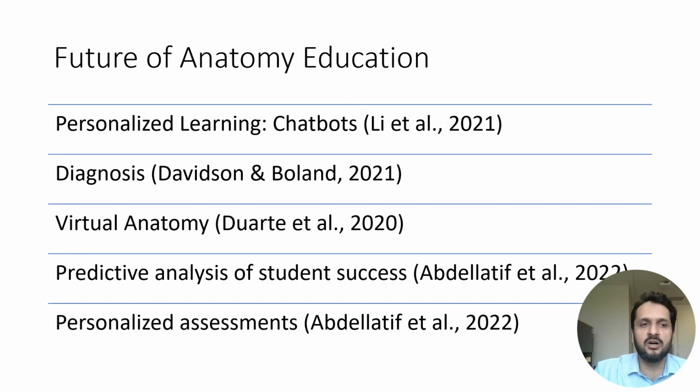Another example of diagnosis is that there are people working on different data sources, collecting data. So if you take a picture of a mole or a mark or any abnormality on your skin, AI is going to diagnose from that picture whether it is benign or malignant, or whether you need certain intervention. AI will even diagnose the stage of the tumor if it is a tumor.